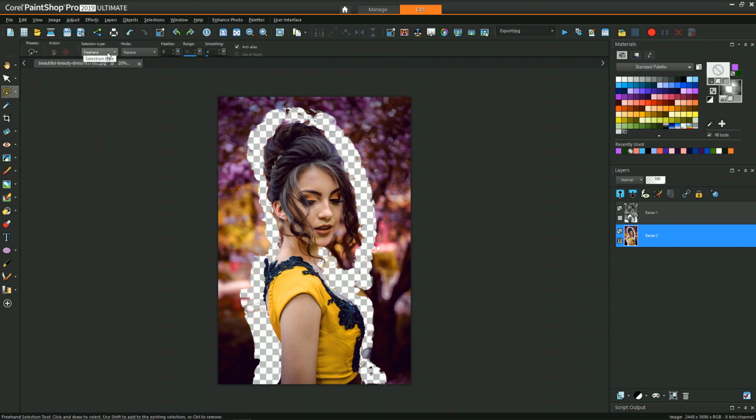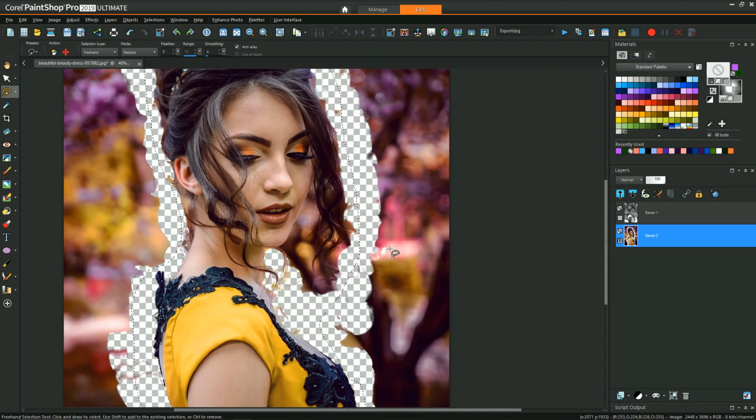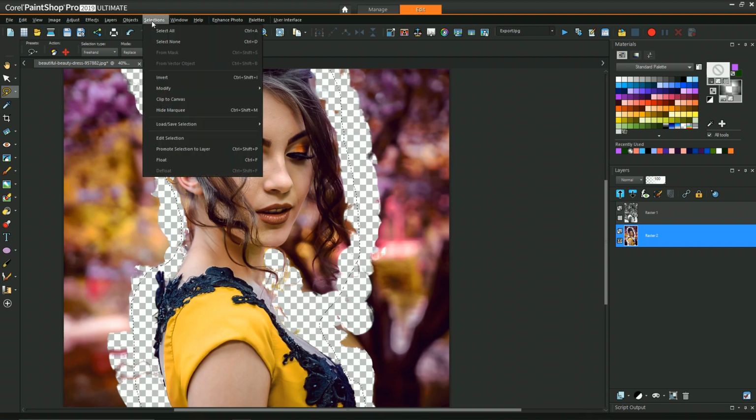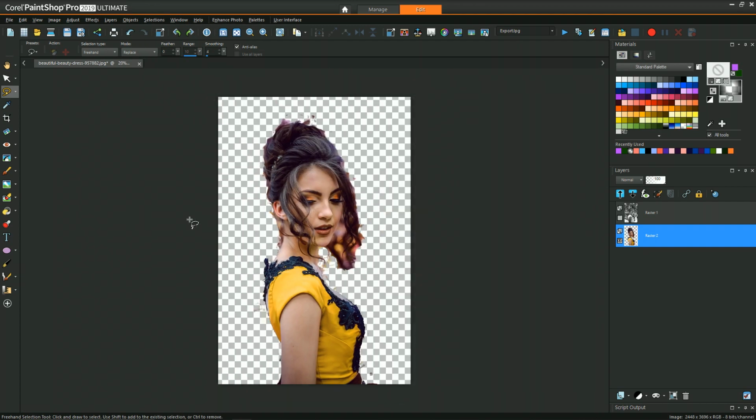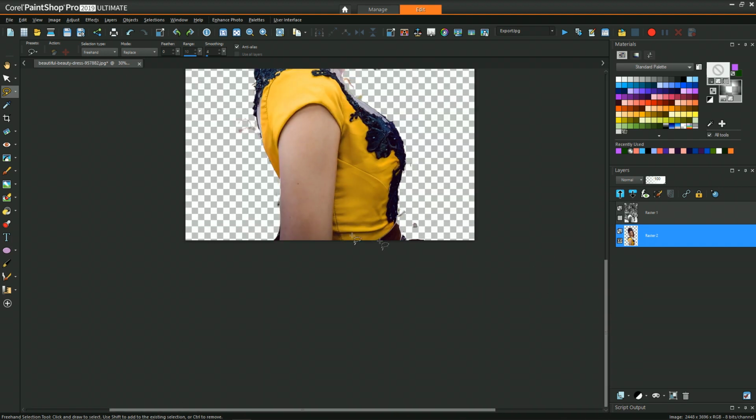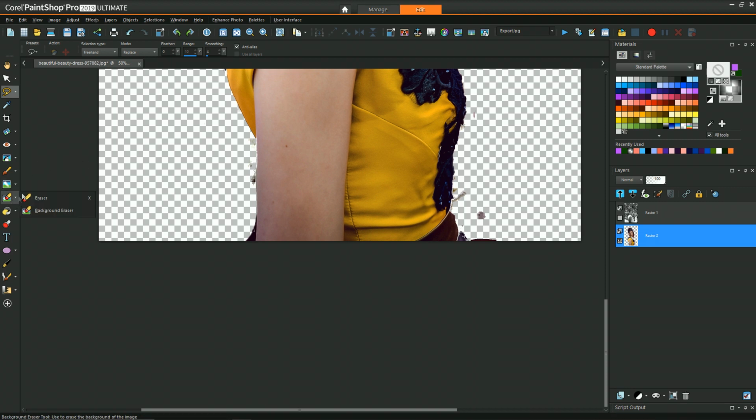So once you get at least a base outline of isolation using the background eraser, we can use the freehand tool and just draw a very loose line around that whole region, and then invert that selection that's created there and then delete everything. So looking at this, we have a pretty good start. Now, all the difficult areas really haven't been addressed. The easy parts have, but the difficult portions haven't. And so this is where we're going to start experimenting and using other tools to try to get there.